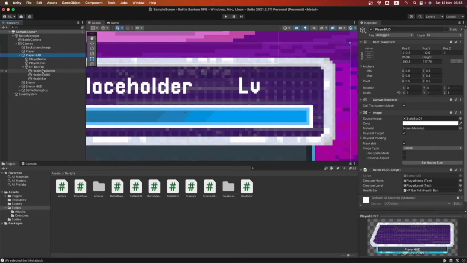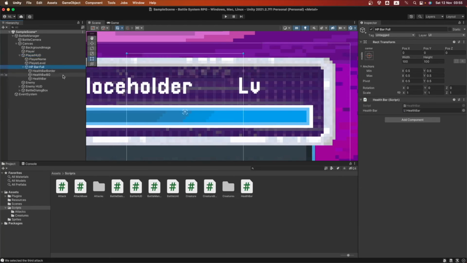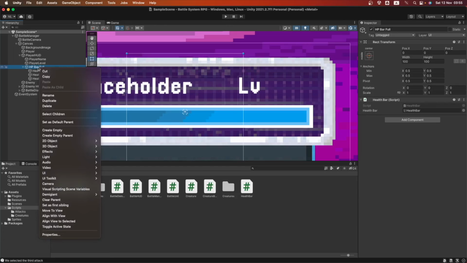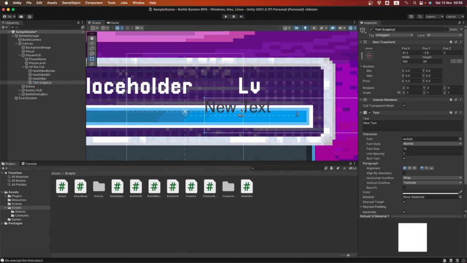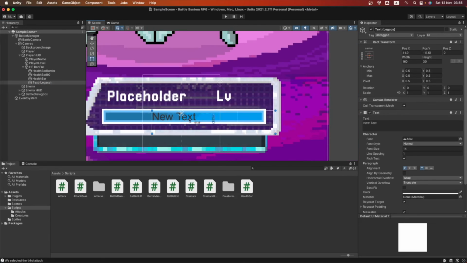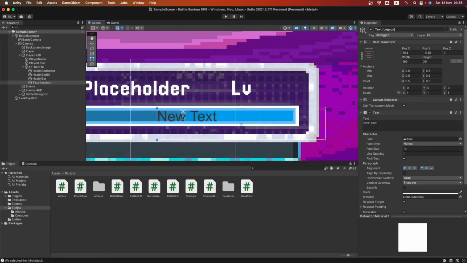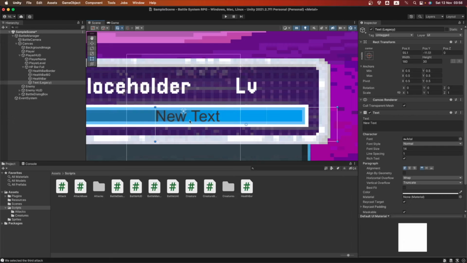Okay, we want to find our health bar full, and inside our health bar full, we're gonna right click, UI, and add inside a text. Okay, so we can add that text wherever we want. We're gonna center it here. Like in some games we can see those numbers here, so we're gonna do that here. Okay, yeah, let's try doing that.